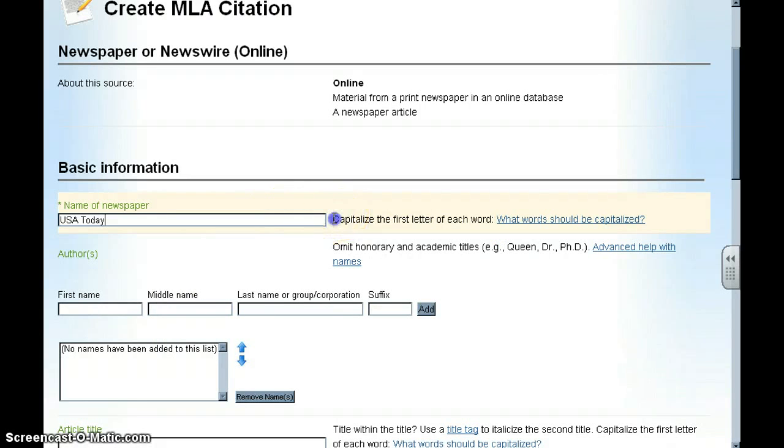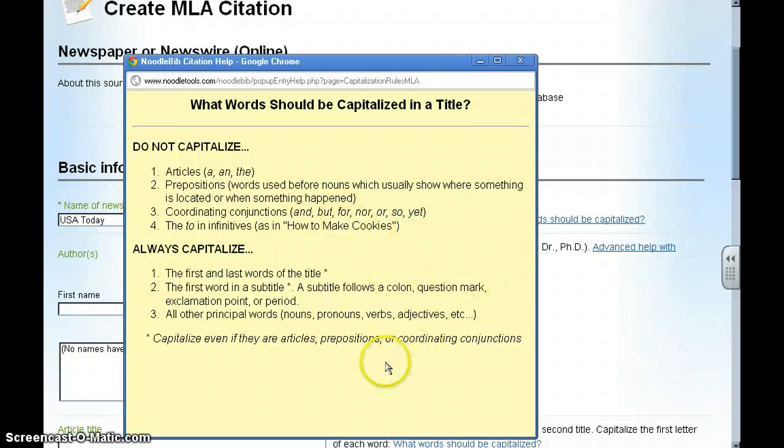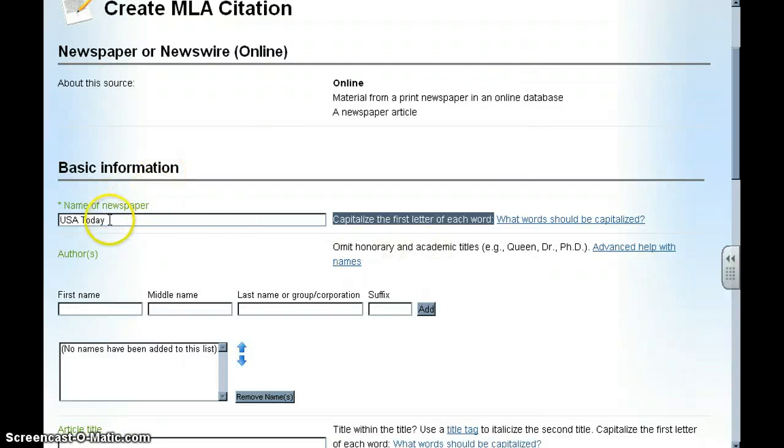Make sure, if you look here, it prompts you to make sure that you should be capitalizing the first letter of each word. If you're not sure what to capitalize, I could click on this menu here. This window pops up that tells me what should and should not be capitalized. So here's what should be and what shouldn't be. So I shouldn't be capitalizing articles, prepositions, things like that, unless they're the first word of the title. It doesn't really apply here, but that's good to know